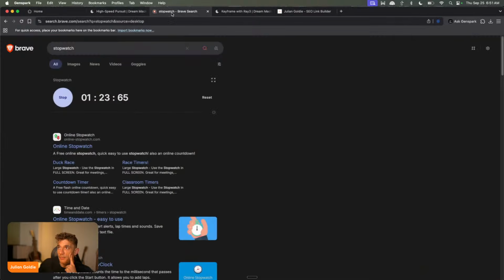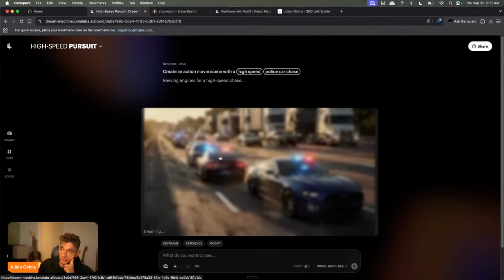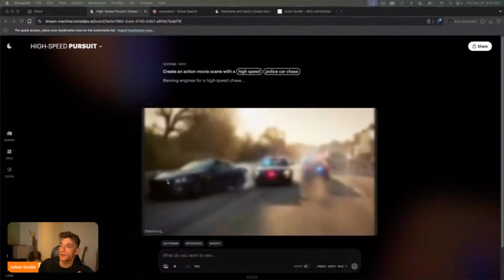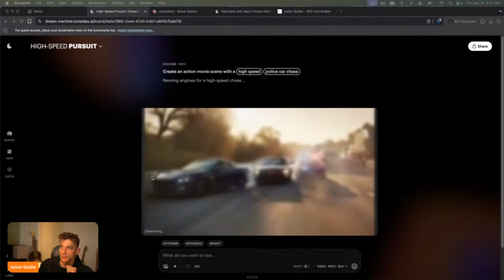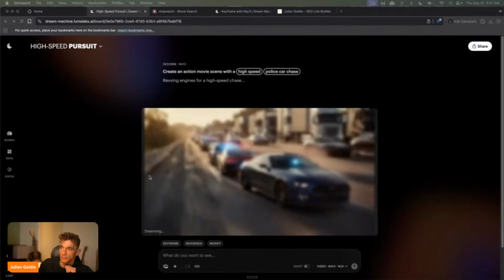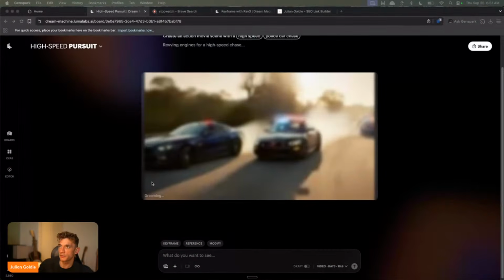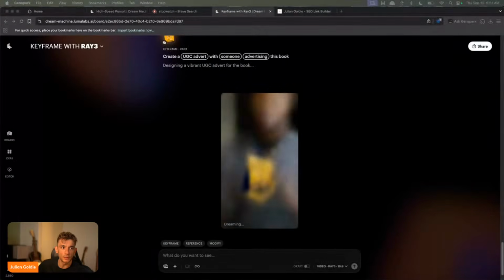So it's been 1 minute 20 so far. And if we have a look at this, it's still creating the video. So it does take quite a while to generate those videos. But you're getting a feel for it now, so you can see what it looks like. Kind of looks like a Need for Speed video game scene there. We'll see how it goes. And then in the meantime, look at that. Yeah, so you can create commercials really easily using that process. I wonder if that's going to have sound as well. I don't think it will, but it'll be interesting to see.